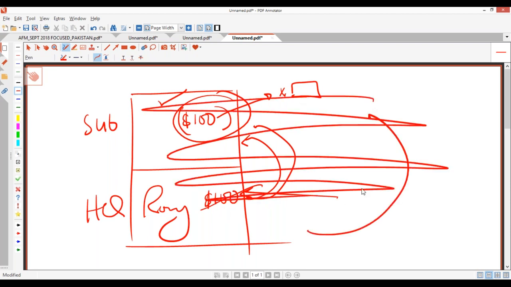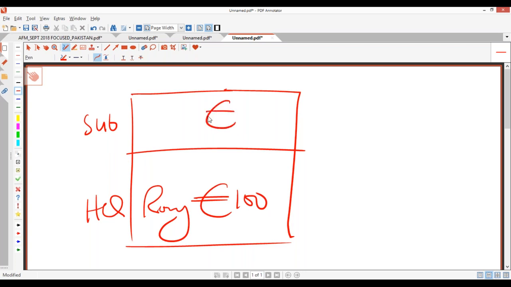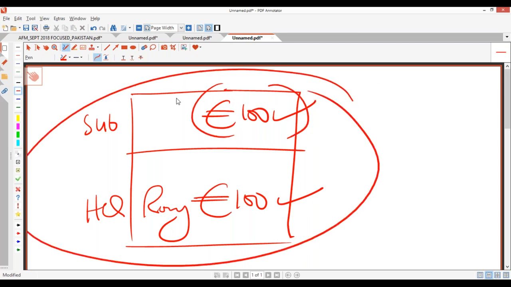Let's make it simple. No tax, both countries no tax, and both have the same currency. For example, they are in the euro block. All of them are euro. So what happens is I'll charge euro 100, and you will show cost euro 100. You show us your cost, I'll show us my income. Full stop. End of the day, overall, the project is not affected.